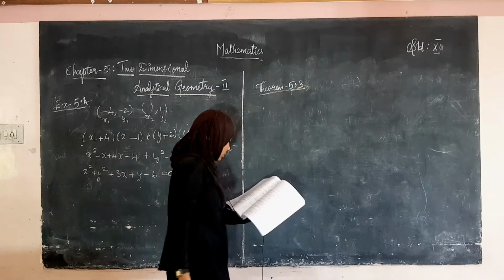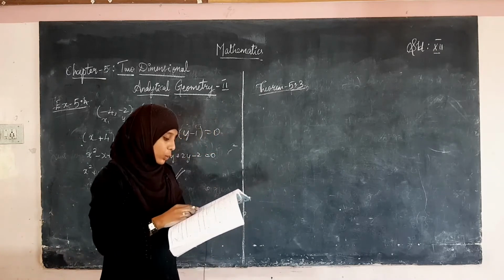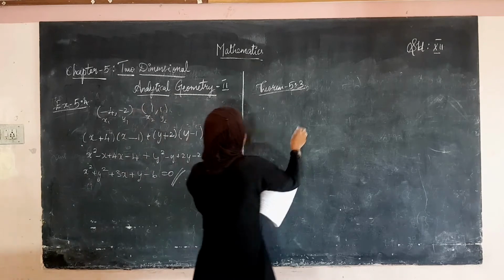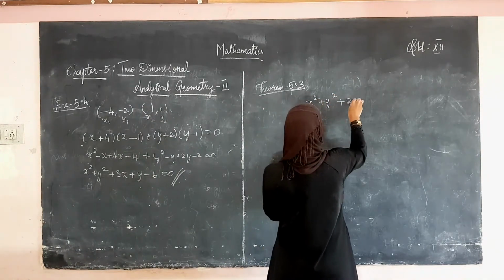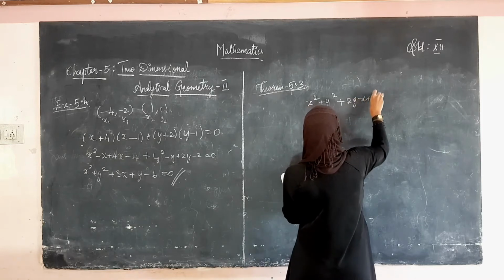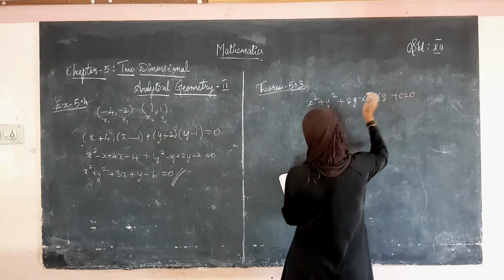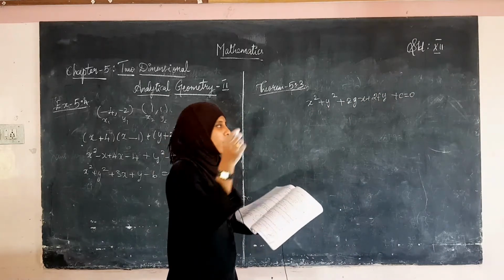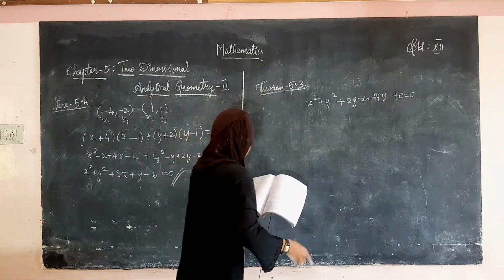The position of a point P(x1, y1) with respect to a circle x squared plus y squared plus 2gx plus 2fy plus c is equal to 0. This is the equation of the circle. So there is a point, and whether that point is inside the circle, on the circle, or outside the circle depends on